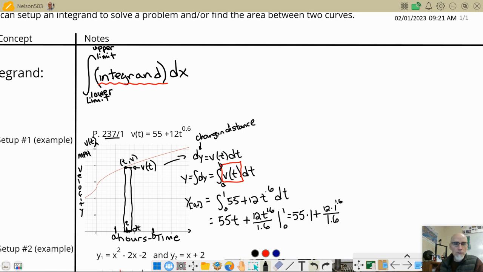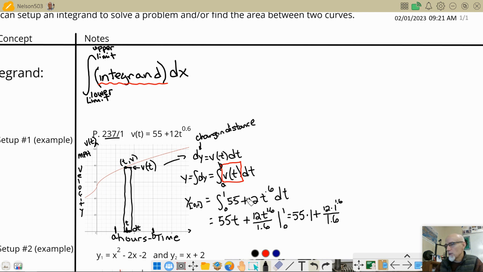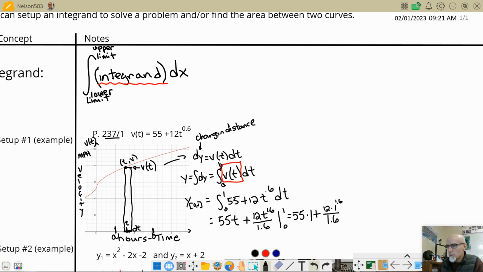So we might need a little Desmos here. So I'm going to go over to where my Desmos is. So this was the function that I took a picture of, and I'm just going to plug in there what my calculations are, right? 55 plus 12 divided by 1.6, and I get 62.5. So the car went 62.5